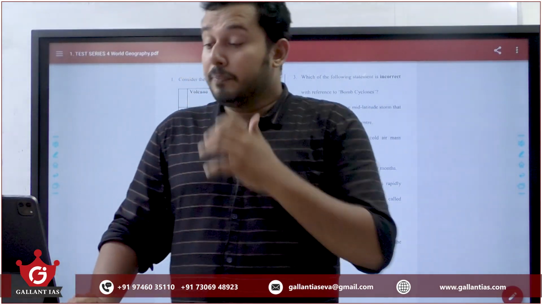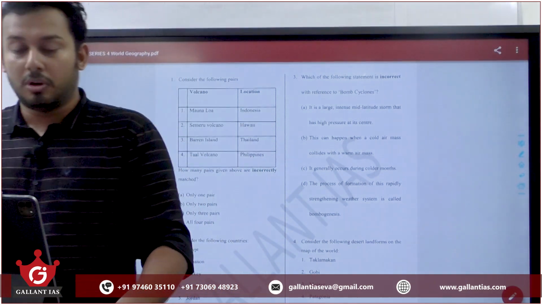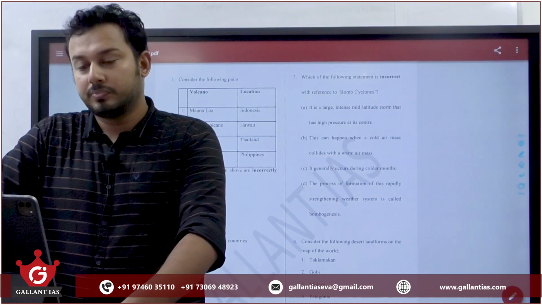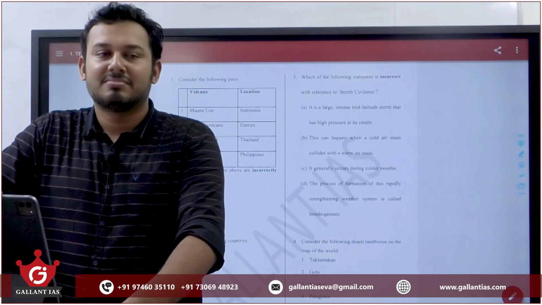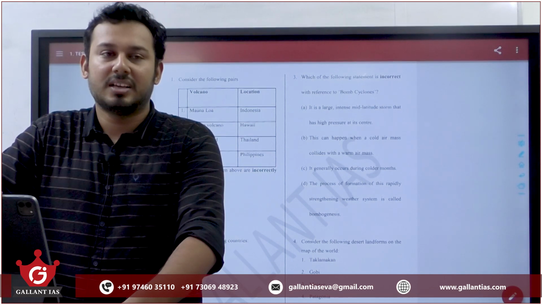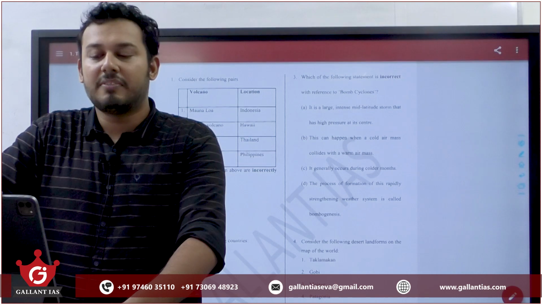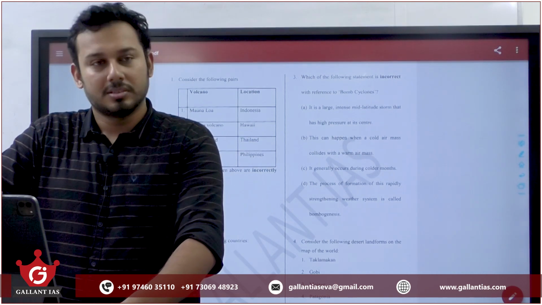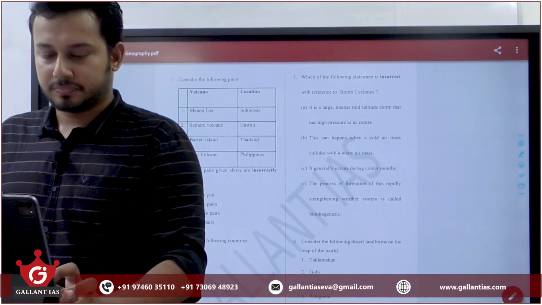Okay, next is regarding tribal groups or nomadic communities. Bushmen, Maasai, Bedouins. Region: Australia, Kenya, Saudi Arabia. Bushman tribes of Kalahari Desert, that is in Africa. Maasai tribes of Savannah, Kenya, Tanzania region. Bedouins of deserts, Saudi Arabia. So 2 pairs. B is the answer.